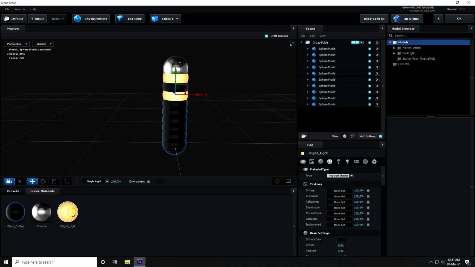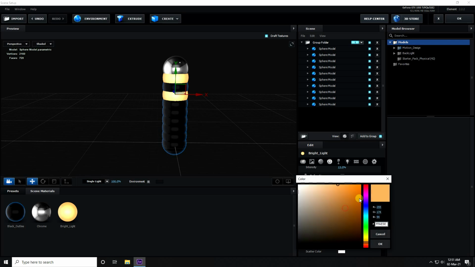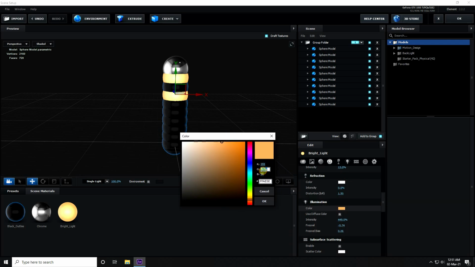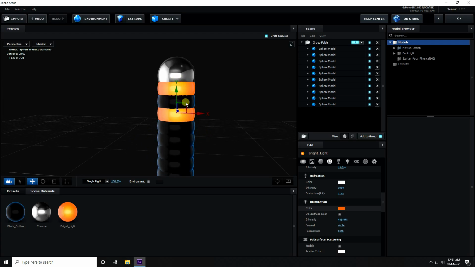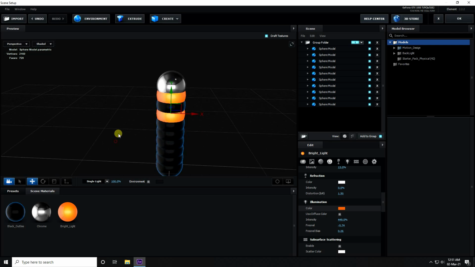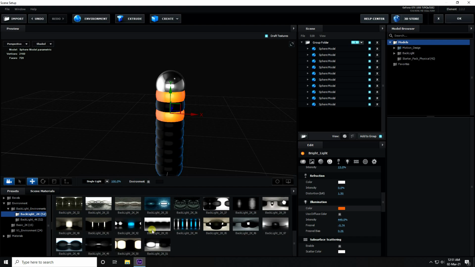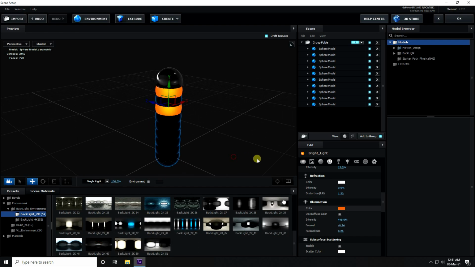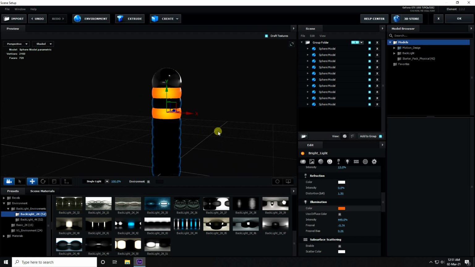Okay, so guys, select this color material, and guys, I change the color. I take orange color, orange, and B0. See guys, that's my color. I like this one, but guys, you can use any. Okay, so now guys, next step, I change the HDRI environment. So go again to presets, environment, and use this one. And darkness, apply this one. I like this one. Okay, so guys, my shape is complete.